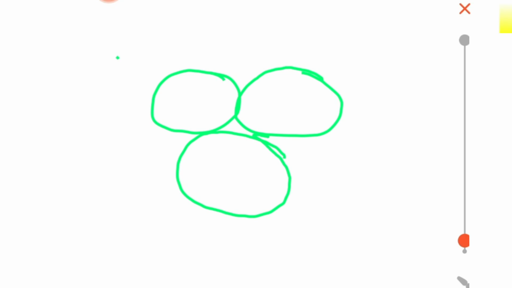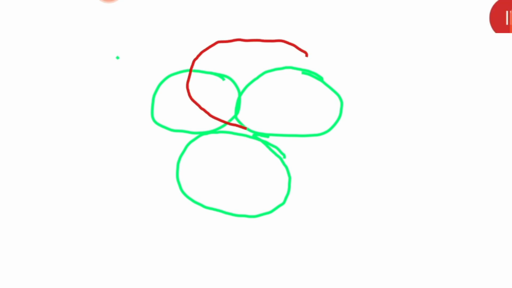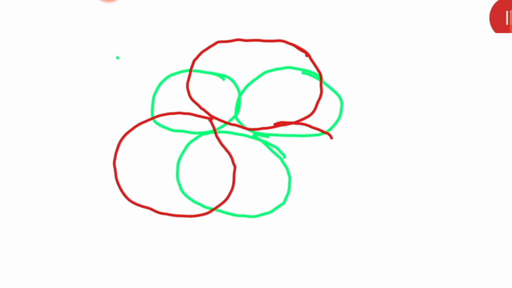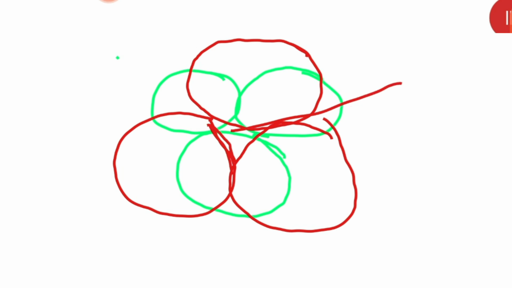See all of you. 1, 2, then 3 spheres are there. Let it be, I am drawing with a different color. 1, this is 2, and this is 3, and see in between what void is here. This is called octahedral void. What do you call it? Yes, you may call it octahedral void.